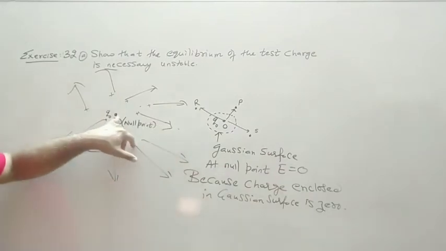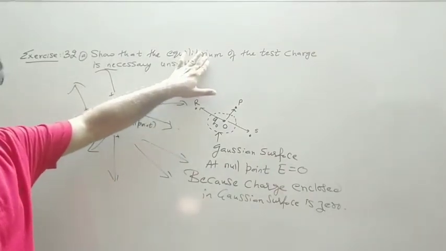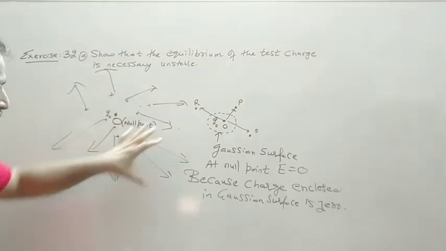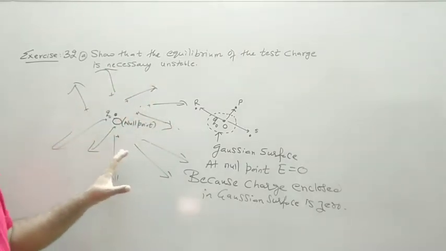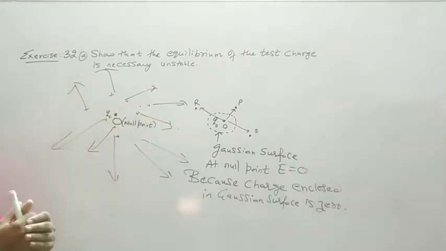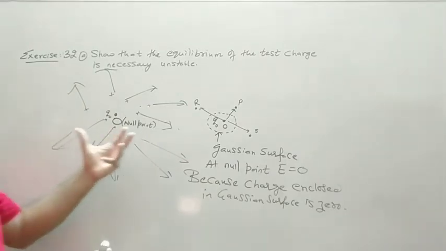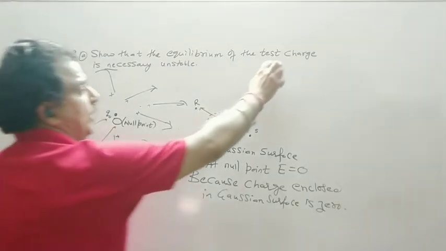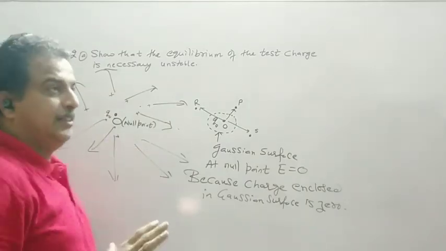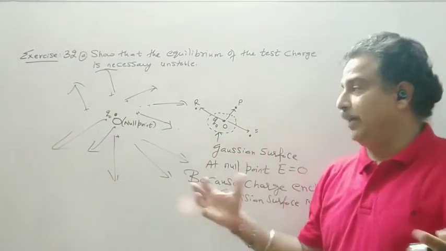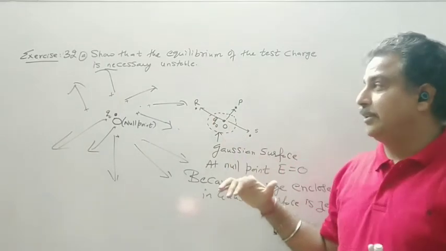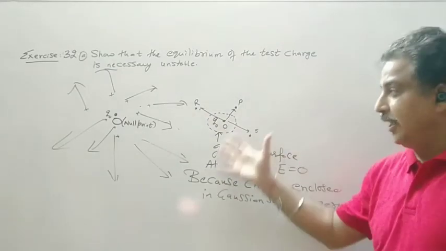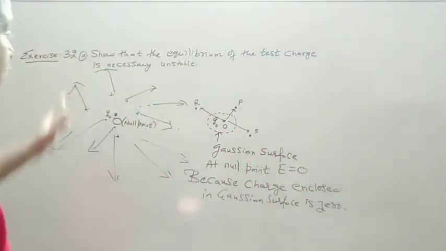Initially when it is kept at a null point, it is called equilibrium. It is at rest, no force is acting, the resultant force is 0. But as soon as you move it anywhere inside this electric field configuration, it will perform a motion. It will not come back to its original position. Now this is the case with the test charge, and the electric field intensity configuration is arbitrary. Let us consider the second part where we have two source charges, which will give us a clear understanding of this concept. So let us see the second part.